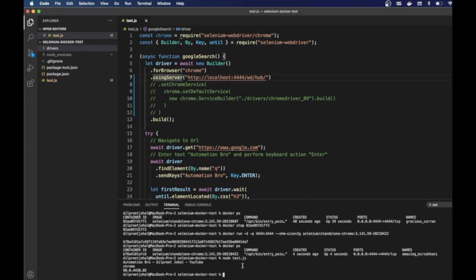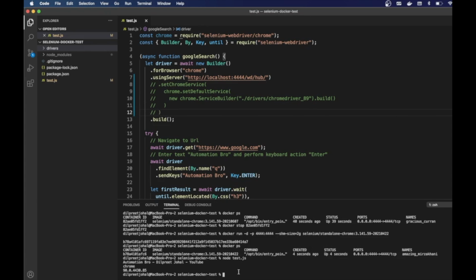So this is the advantage that we get with Docker. By simply running my test on a different Docker image, I was able to get my test running on an older Chrome version. Now here I could find, let's say, an older image and run my test on 89 or 87 or any kind of Chrome version that I want to run. Now, obviously, that is not easy to do with your local machine because you're going to have to keep reinstalling new Chrome browser versions on your actual machine and then try to run your test on that.